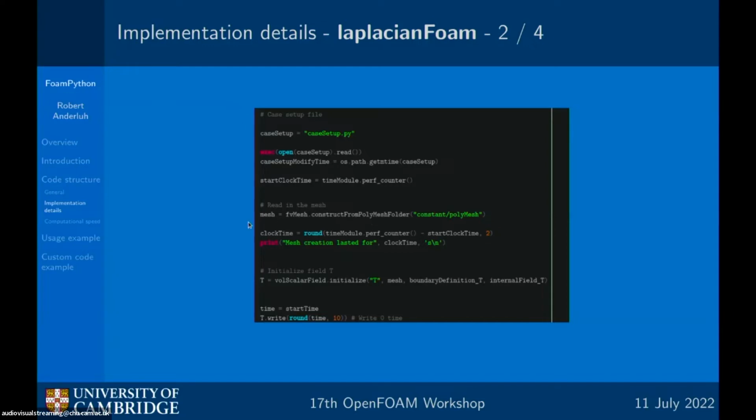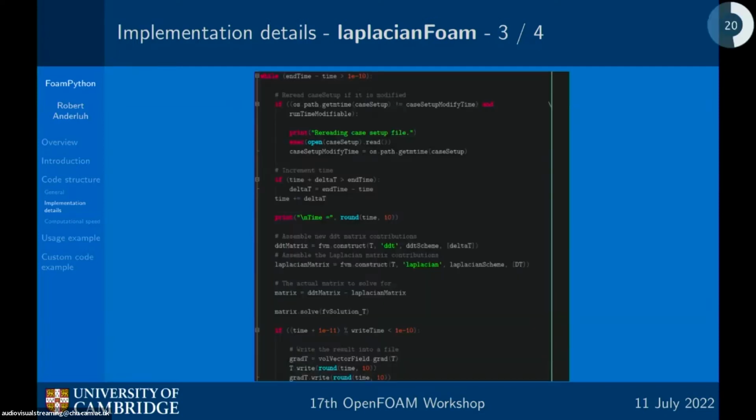And now the code has the mesh, and that is then passed to the field T, or temperature, that is initialized. And similar to OpenFOAM, there's a string that represents the name of the field, and we're passing it some boundary conditions, initial conditions, and so on. And then the time for the simulation is initialized. And this is basically the solution loop. Quite simple. While you need to solve, if you want to reread some of the case set of files, such as boundary conditions, initial conditions, solver specifications, tolerances, and so on,